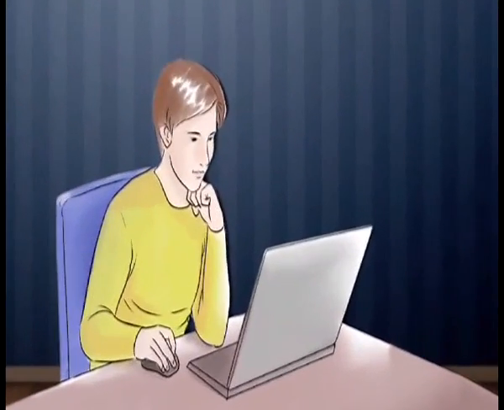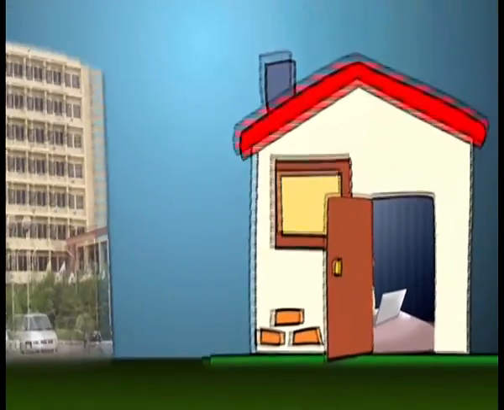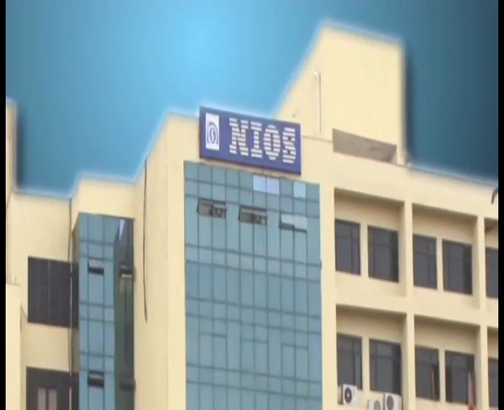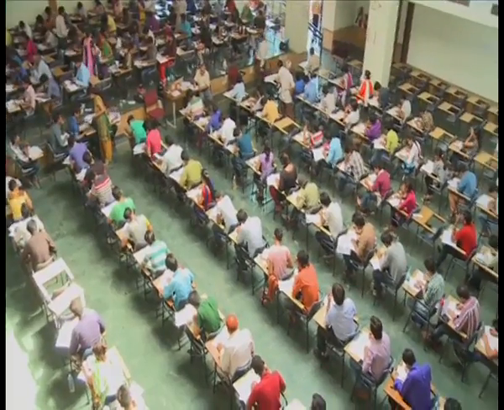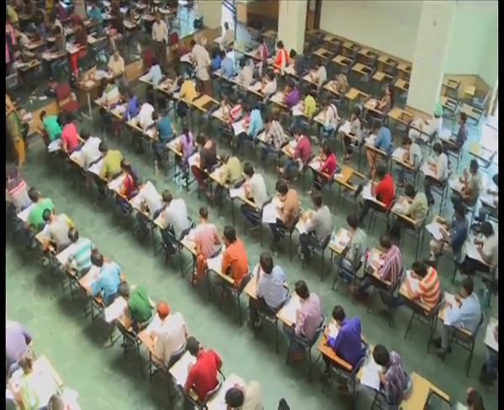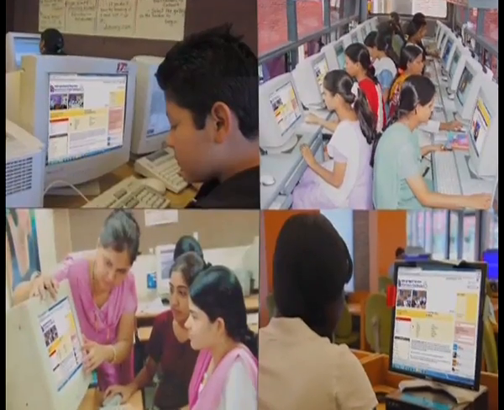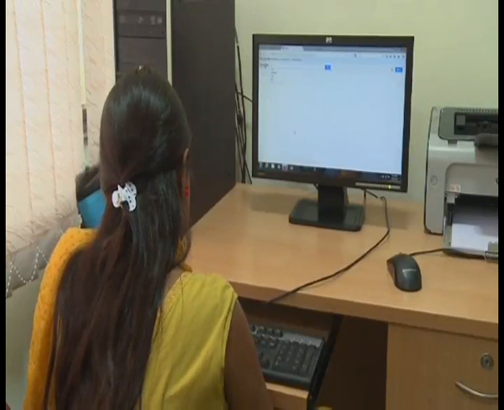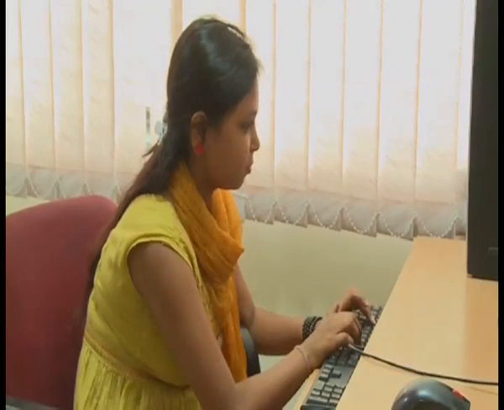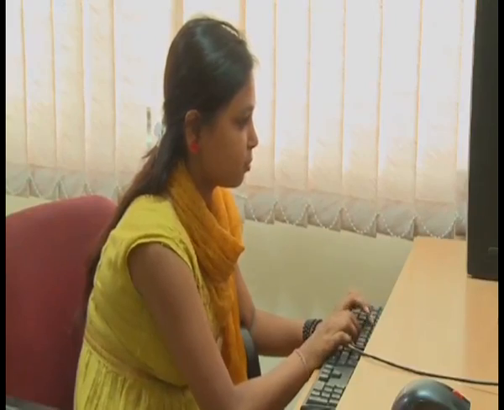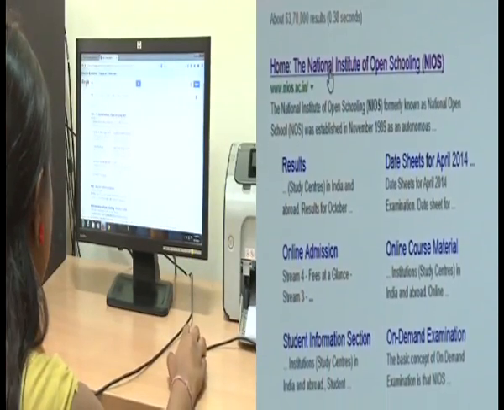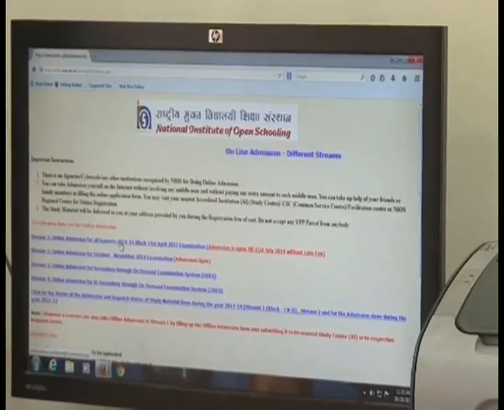घर बैठे पाएं राष्ट्रीय मुक्त विद्यालय शिक्षा संस्थान यानी NIOS में एडमिशन, वो भी एकदम आसान तरीके से, जिससे शिक्षार्थियों को होगी समय और धन दोनों की बचत। NIOS से शिक्षा कभी भी कहीं भी। शिक्षार्थियों, क्या आप जानते हैं NIOS में एडमिशन लेने का सरल और सुगम तरीका, जिससे शिक्षार्थियों को ऑनलाइन प्रवेश लेने में सहूलियत मिलती है।